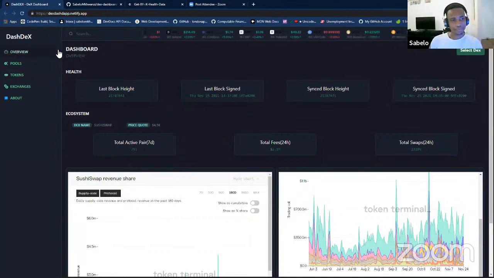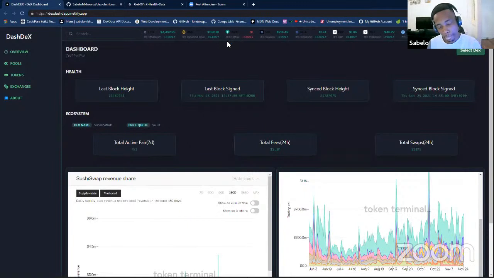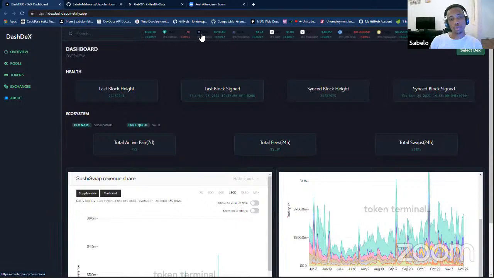So I use the normal standard dashboard framework with the title on the sides, and on the top I use the Hippo widget, which was really interesting to me when I first saw it. So I said, okay, let me just put it in my project because it looked so interesting, and it also takes in the color mode, light mode and dark mode. So I said, let me just use it. Then I put it on the top.